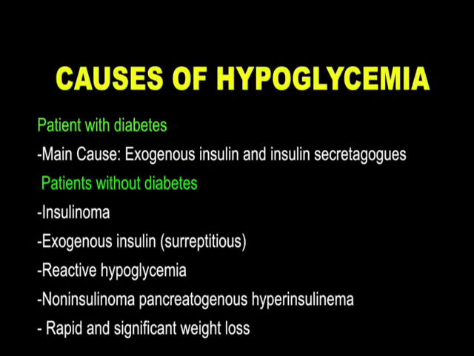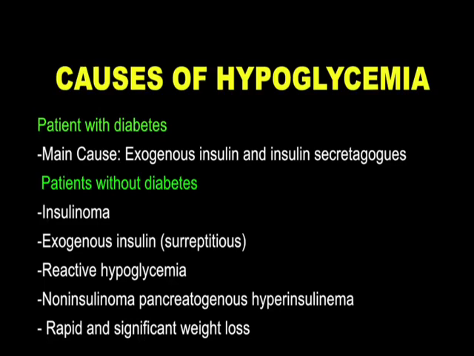The main causes of hypoglycemia, so in patients with diabetes, far and away the main cause is exogenous insulin and insulin secretagogues. But as mentioned, a change in their current status, so renal failure, some other sort of organ failure, an infection, or alcohol intake can all exacerbate their normal treatment and normal response to their home insulin doses.